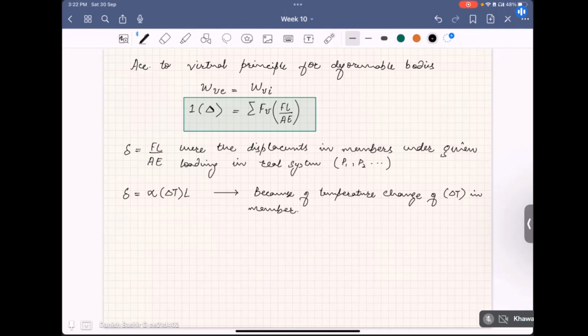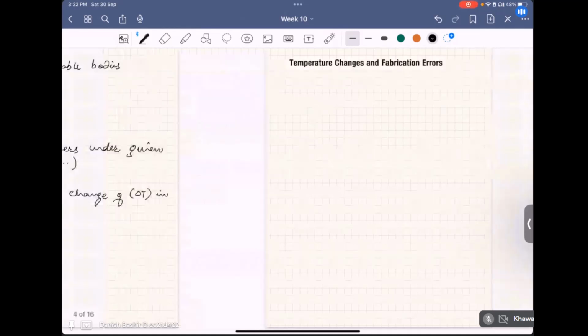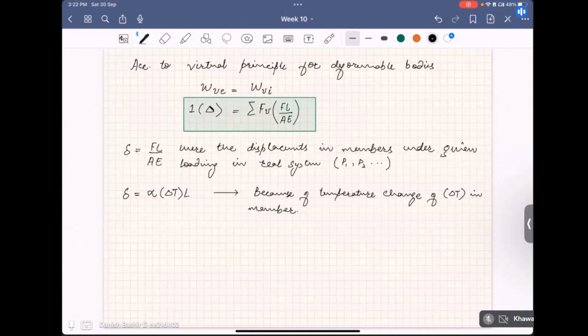And alpha is the coefficient of thermal expansion for that particular member. Okay. So this is the same delta we have to use here, FL by AE. So our virtual work method will transform to, let me write it in different